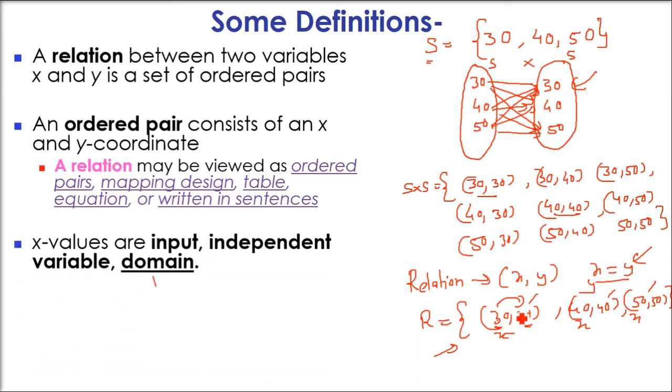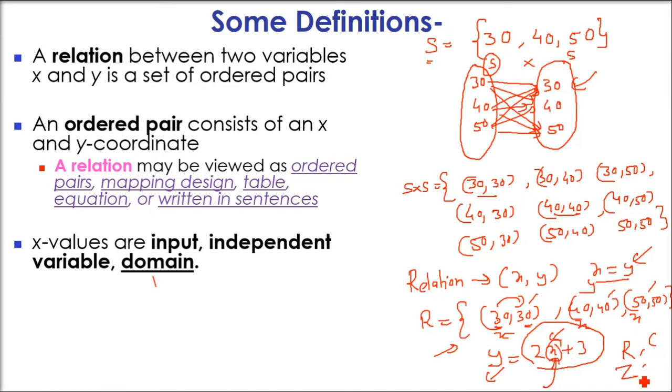So x values are the input, the independent variable. X is independent. Let me write one more equation here. y equals 2x plus 3. So whichever value of x you give, y is bound by 2 times x plus 3. X has no restriction. You can give any value as per the set, that is, whichever set x is defined on, it is independent. But y is not independent, it is dependent on x. For example, x may be defined on the real set or a complex set or an integer set.